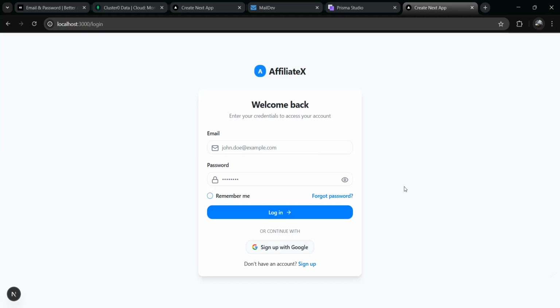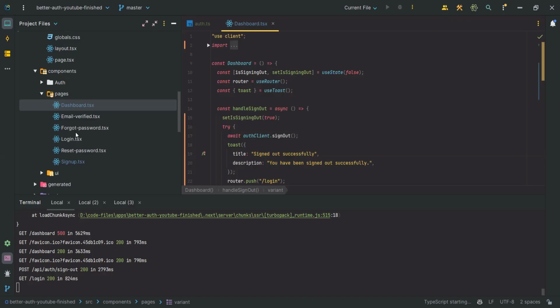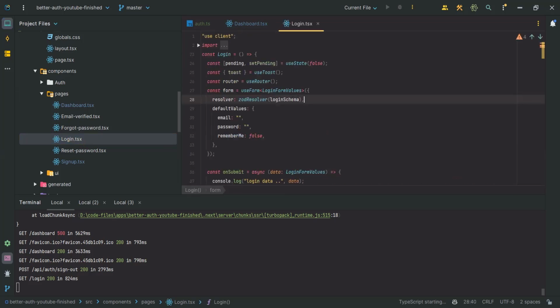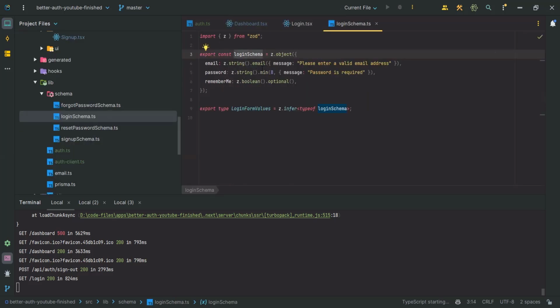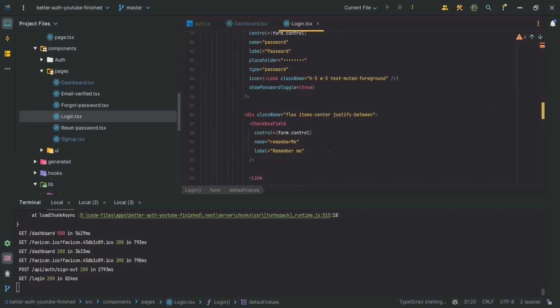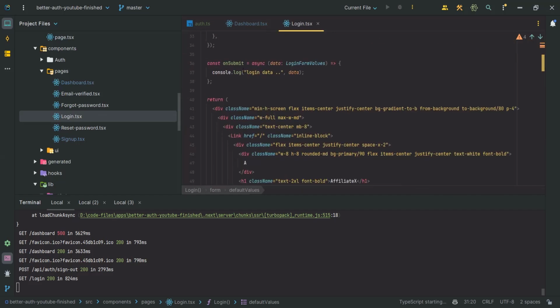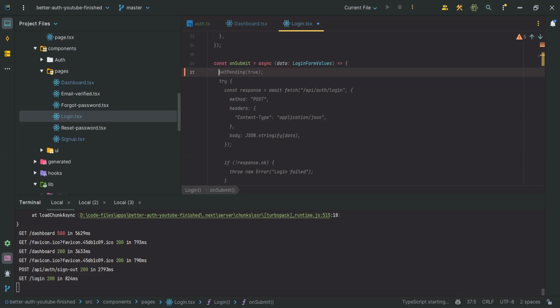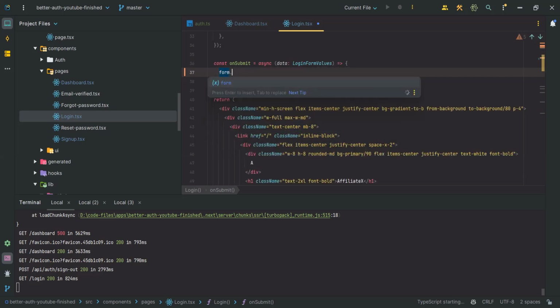Now let's implement the login page, and you can see I've already set up the login schema. Let's go to the login. You can see I have set it up already, this email and password, and remember me, and also I have configured the default values. Now we need to only set the logic inside on submit, so I need to delete this, and let's implement the login logic. So first we need to set form.reset,